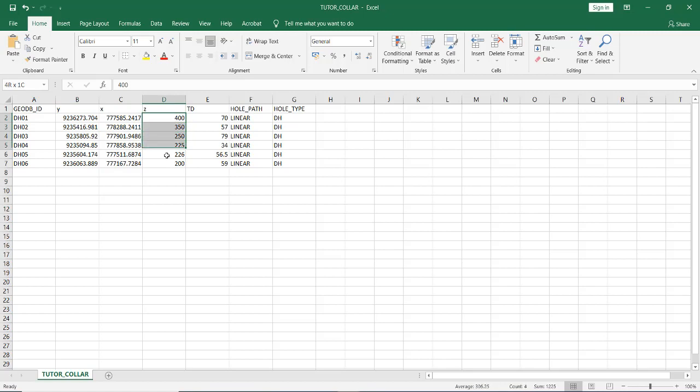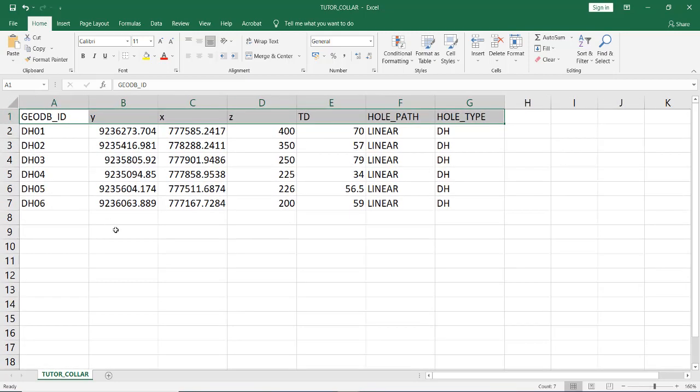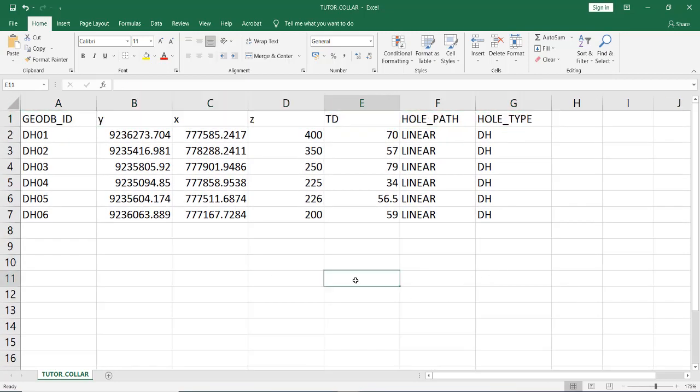The elevation still uses GPS. We must validate this data, and then total depth, total drill hole depth. Hole path is linear because there is no change of direction. Hole type is drill hole. Okay, set up your database like this for collar.